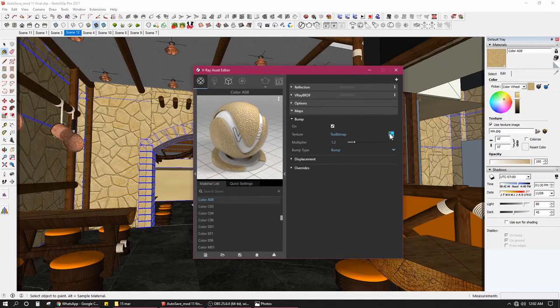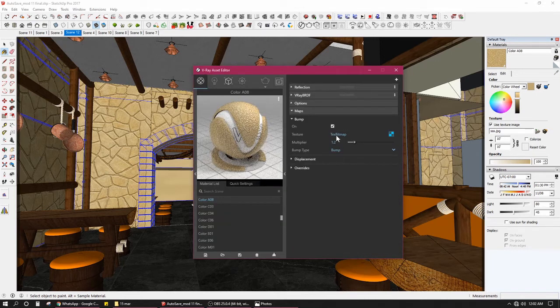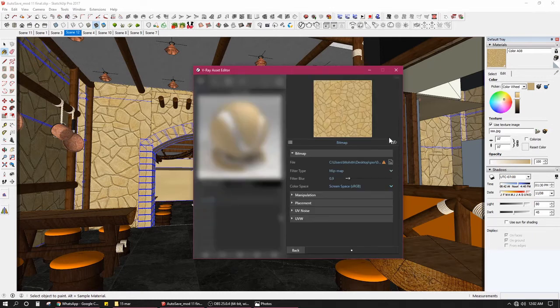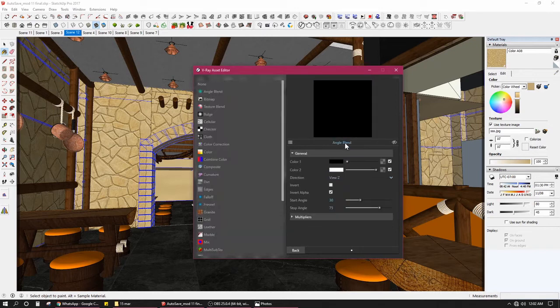Keeping this in mind, I go over here. What was it that I just clicked on? Let me go again, press back. Now texture. What texture of the bump do I need on this surface? If I click on this, a range of textures opens up. One of them is bitmap. If I click on this, another side panel opens up with even more textures. Bitmap basically means you can use a custom image out of your own library, or download a custom image, and use it as a bump right here on this material.